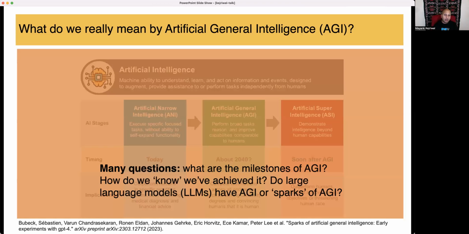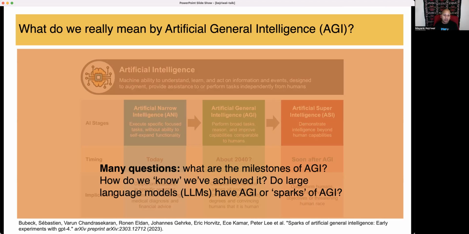There are many questions around AGI, which is really our interest: how do we get an AI that is human-like, that can do many different things, at least at human level? But that is kind of unsatisfactory, right? So the questions we really have are, what are the milestones here? What do we need the AI to do? And how do we know that an AI has achieved AGI? How do we know that ChatGPT has or doesn't have AGI? We don't want this to be subjective. We want predefined, objective tests that we can use to make that determination.